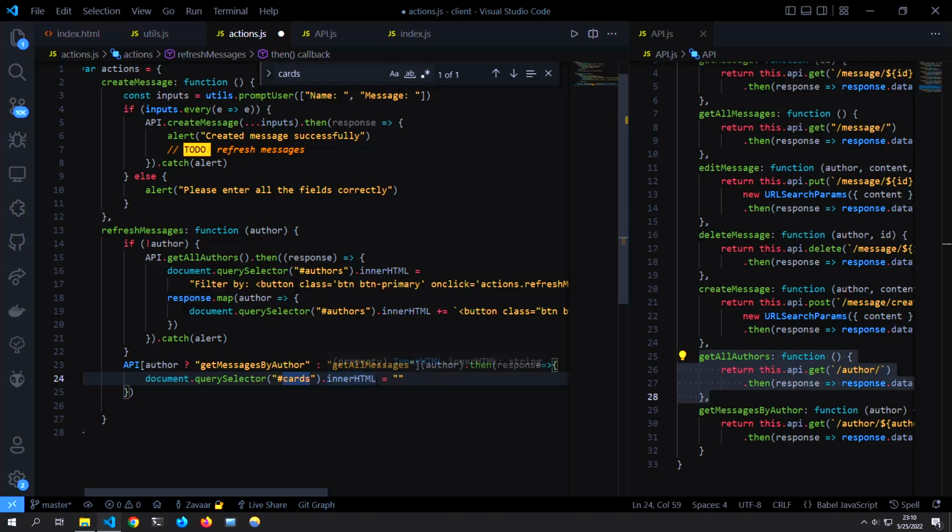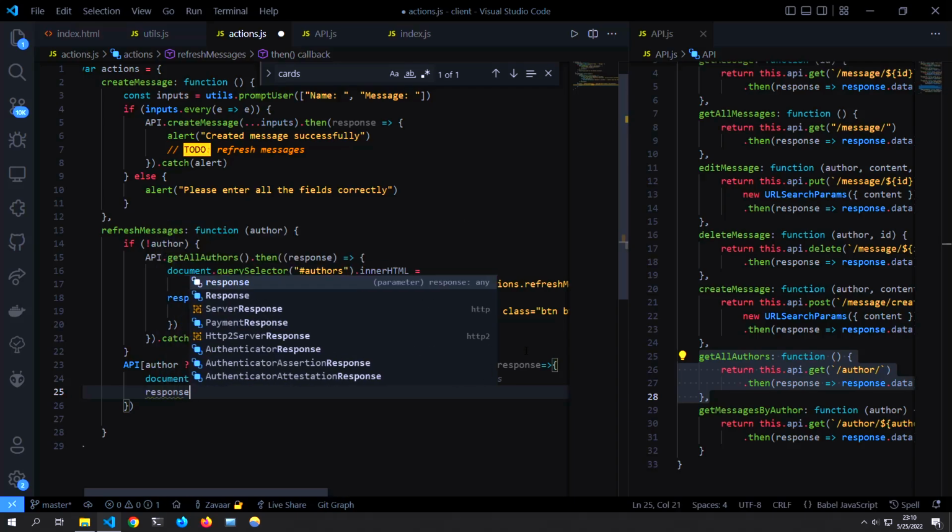But if we don't reset it, then it's just gonna keep creating a bunch of cards every time you refresh your messages. So this is like the reset messages. Like on your page, it's not gonna reset on the back end. It's just gonna reset it for you every time you refresh. And then